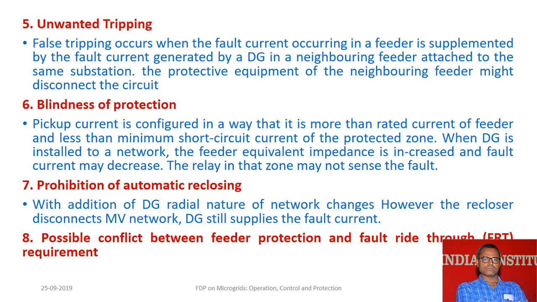The prohibition of the automatic reclosing: with the addition of DG, the radial nature of the network changes. However, the reclosure disconnects the microgrid network, and DG still supplies the fault current. Okay, so